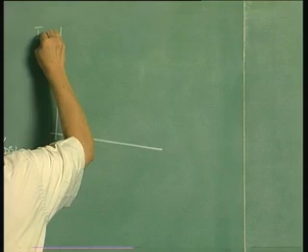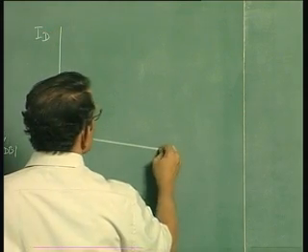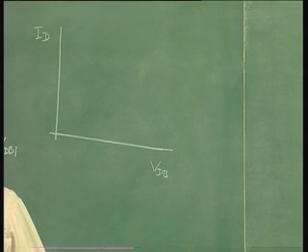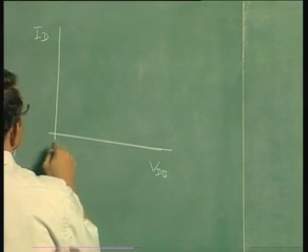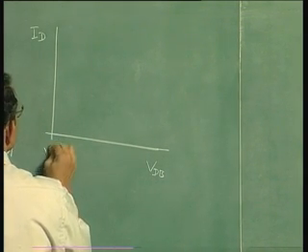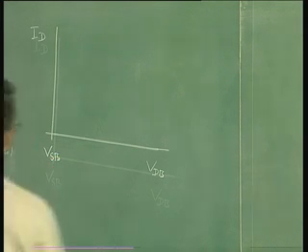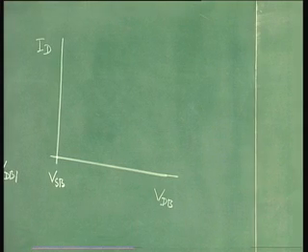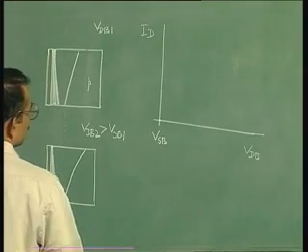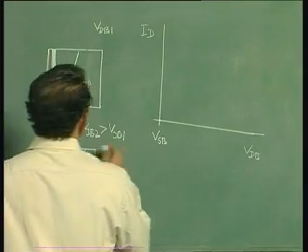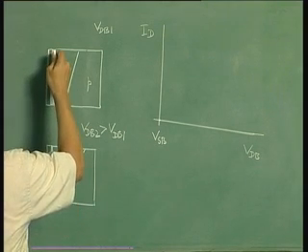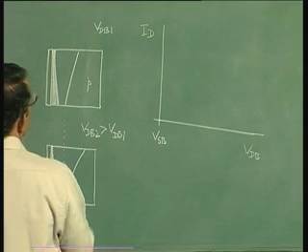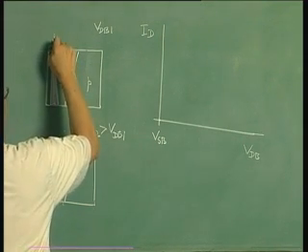So we are drawing ID as a function of VDB in this case, and this point is VDB equal to VSB when the current is 0. So you start from here. Now we can assume a simple resistor model, and we can say that the current flowing, that is the ID that is flowing in like this,